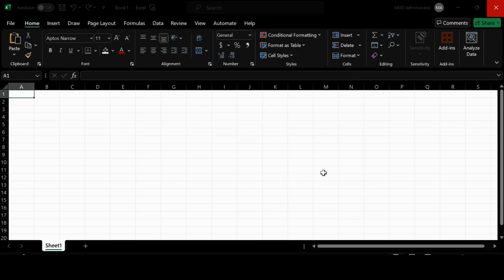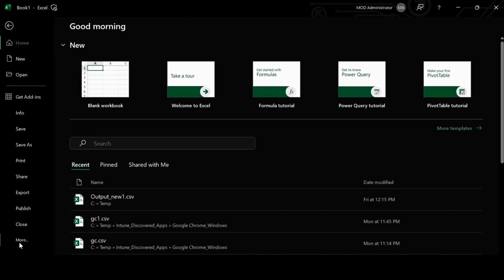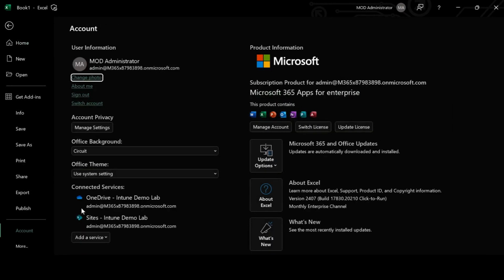And let me close this, and again if we go to File, go to the More option and select the Account option, we can see that the machine is updated with the latest version.